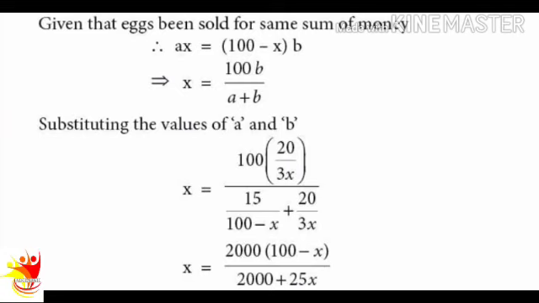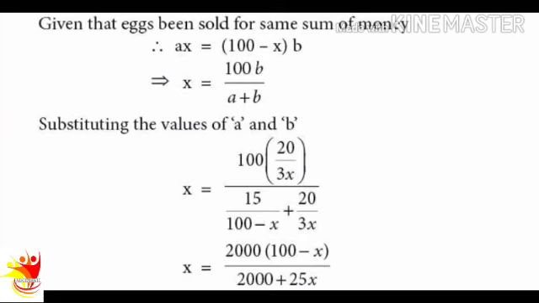x into a plus b equal to 100b. Therefore x equal to 100b divided by a plus b. Now substituting the value of a and b. a equal to 15 divided by 100 minus x. b equal to 20 divided by 3x. Therefore x equal to 100 into 20 divided by 3x, divided by 15 divided by 100 minus x plus 20